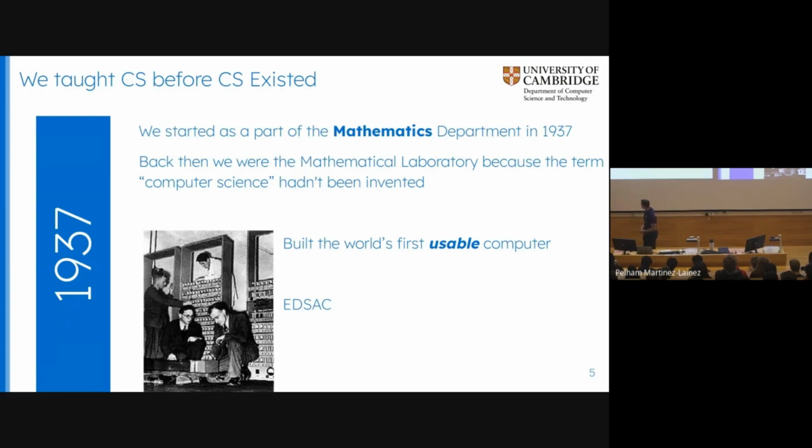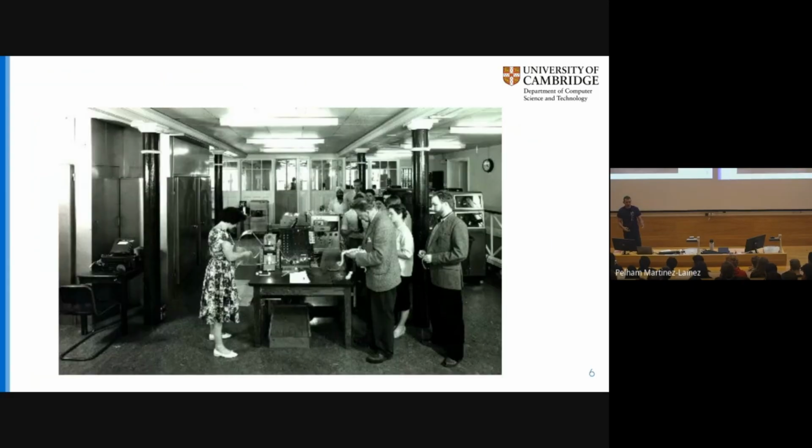But what happened was the team built EDSAC, which was the world's first usable computer. Obviously, the more adjectives you put in front of something, the more you can claim it's the world's first. But in this particular case, it's important to understand this was actually a game changer. There were other computers that came before this system, but those computers typically blew up after computing one thing. They were more proof of concept than anything else. What EDSAC did was it brought along the ability to do stored programs and consistently do these things without blowing up. And we get pictures like this one, which is one of my favorite pictures.